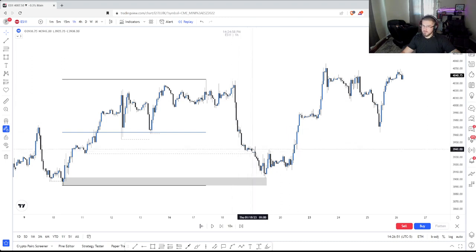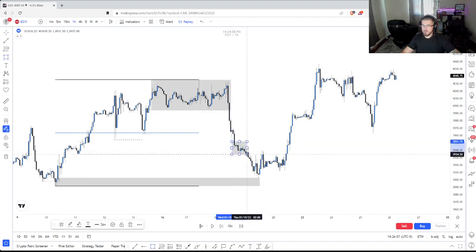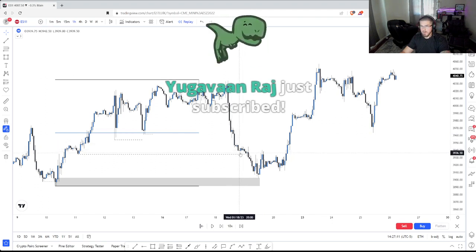It's very ugly, but it is, because a market maker model is an original consolidation, a run to support, aka liquidity, and then a smart money reversal, right? Now, not all of them are going to be pretty, and not all of them are going to be very easy to catch, but that concept is what a market maker model is. So once we get that run to support, and we get